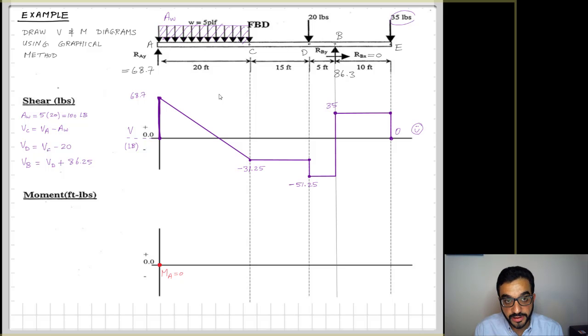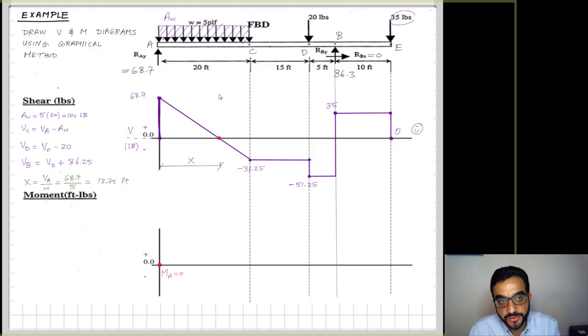A 0 slope generally refers to the maximum or minimal value. So here I'm creating a new point of interest, which is the intersection point of the shear diagram with the axis. And I want to find the x distance that makes the shear value equal to 0. If it starts with a value of 68.7, and I'm dropping by 5 pounds per linear foot, that's a simple linear algebra problem. So I'm dropping from 68.7 divided by the rate of drop, 5,